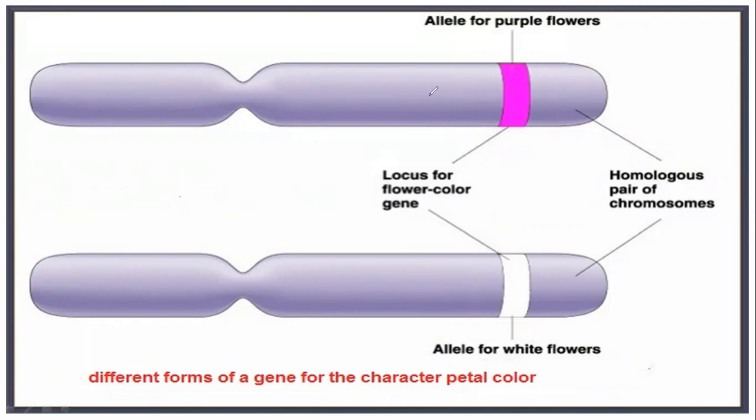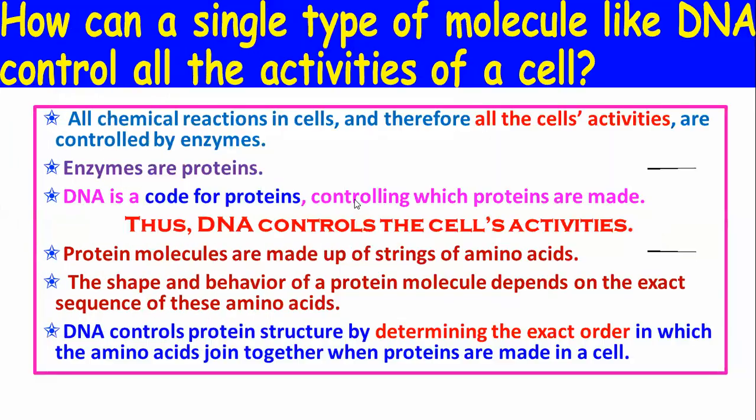I can give them genetic names as well. Let's suppose we use capital P, then small p will be used for the recessive trait over here. This is capital T, and this is for the recessive character. I hope you remember Mendelian genetics. What happens if there is a slight change? Then obviously the activities of cells can be disturbed, like sickle cell anemia. We'll be discussing that in a while.